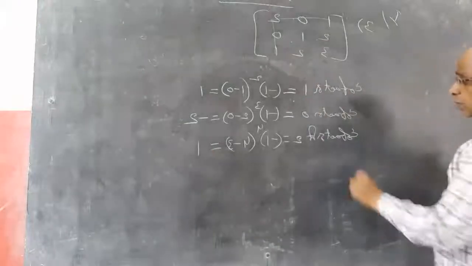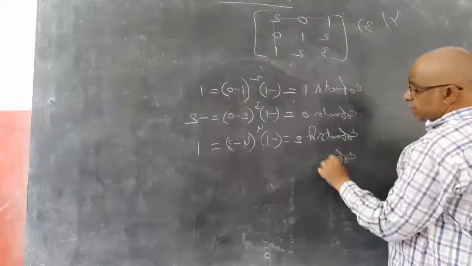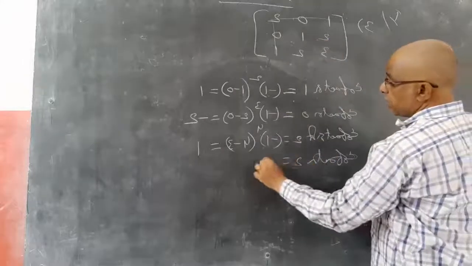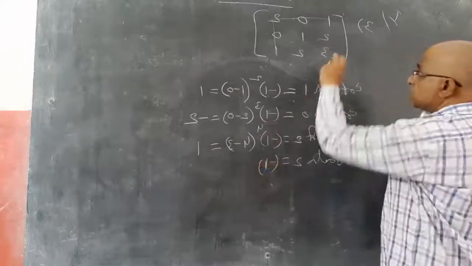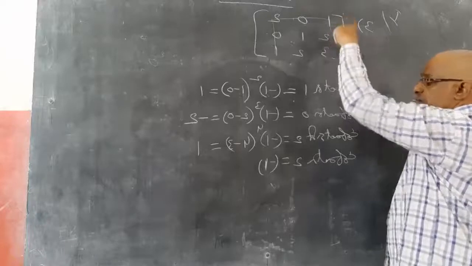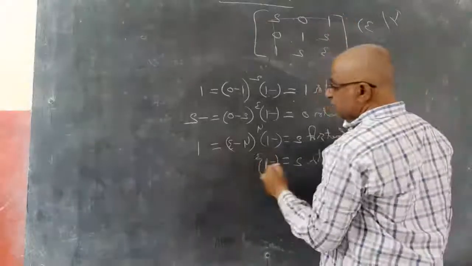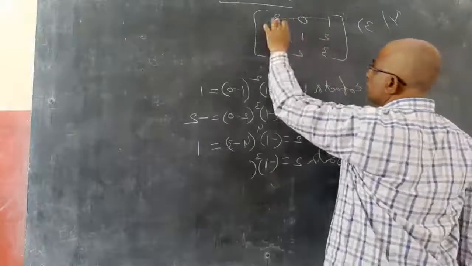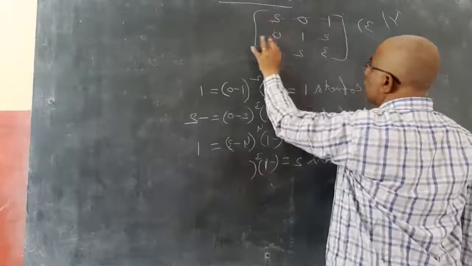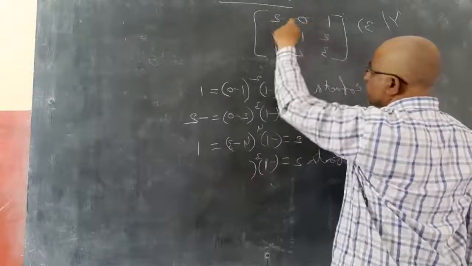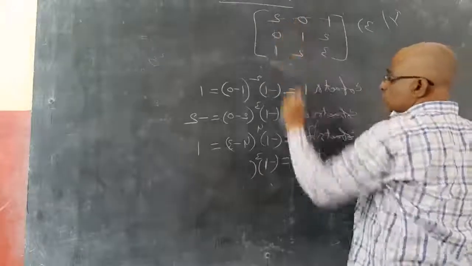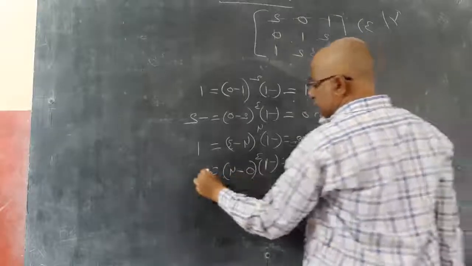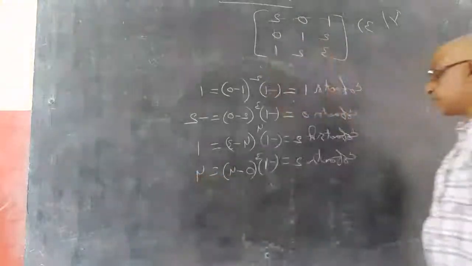Next, cofactor of this 2 equals -1 to the power second row, first column, 2 plus 1, 3, into closing this row and this column. Left out is 0 into 1, 0 minus 4, so 0 minus 4. So this is -1 into -4, which becomes plus 4.